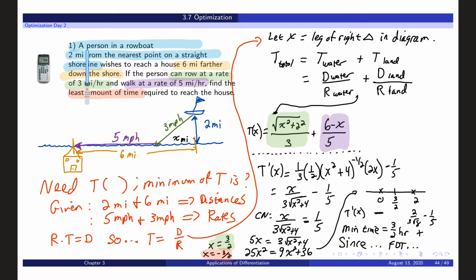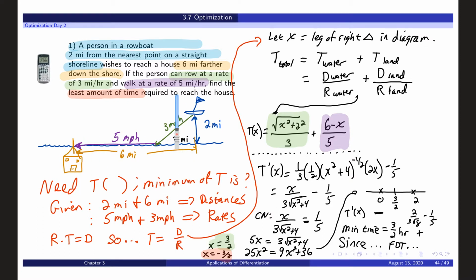So question number 1 says, a person in a rowboat 2 miles from the nearest point on a straight shoreline. Each of these are color-coded to the diagram here. So I drew a boat, and your boat probably won't be as good looking as mine because I have decades of experience drawing. 2 miles away from a shoreline, wishes to reach a house 6 miles farther down the shore. Down the shore means that from perpendicular to the boat, I'm going to walk 6 miles down the shore